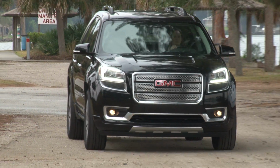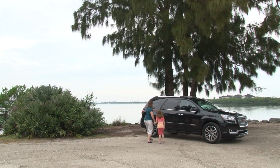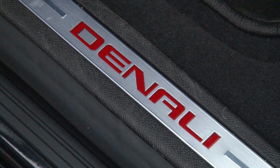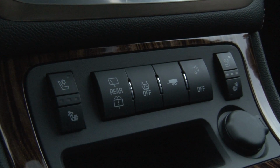Acceleration is impressive. But the Acadia's stellar driving attributes, including the smooth 6-speed auto, are only part of the greater vacation vehicle picture. 20-plus hours spent in here means you need convenience and comfort, and this top-trim Acadia excels at both. Whether it's the mahogany steering wheel inserts that feel great in the hand, the heated and cooled front seats,